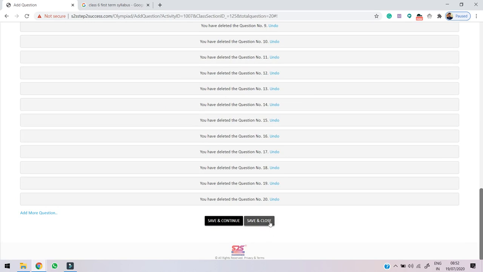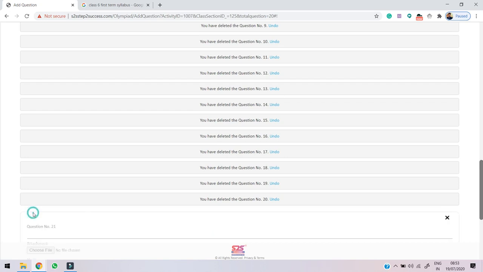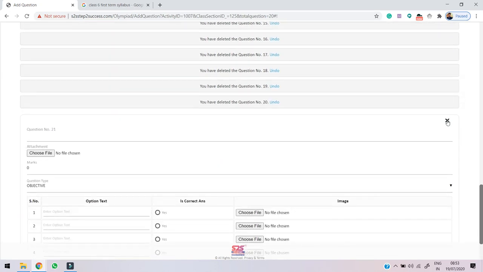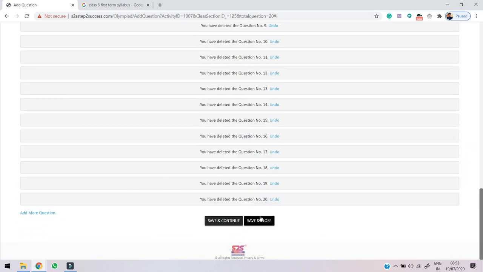Then I'm clicking on save and close. One more thing you can see here, you always have a choice of adding questions. Even if you have selected a smaller number of questions, you can add questions from here also. When you click on add more question, you can see one question is added. Now I'm clicking on save and close.